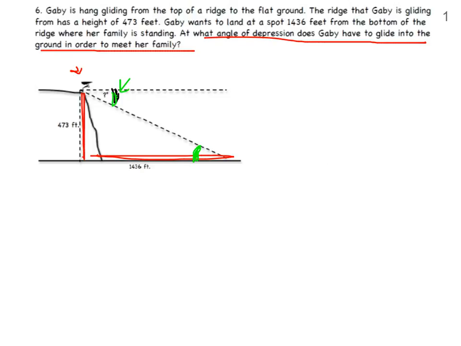Well, if that's the one we're trying to find, let's label it as x. You could also label it as theta, but that's not what we're going to do. And so, in reference to this angle, we're looking at the things we know, the opposite and the adjacent. Now, why aren't we using this one? Usually we use one of the unknown side lengths. Well, in this case, the unknown is the angle, so we don't need an unknown side length. As a matter of fact, we don't want an unknown side length. We already have the thing we don't know. It's the angle. All right, so based on SOHCAHTOA,